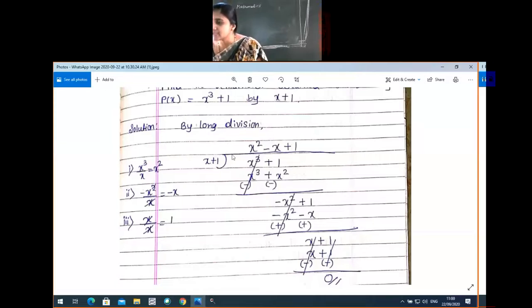Now again the same steps we have to continue. This x plus 1 into this minus x, the second term of the quotient. x into minus x is minus x square. Plus into minus is minus. 1 into x is 1x, that is x only. Again now you just observe here, minus x square, the same term. So again we have to change the sign, minus becomes plus. Here you can strike out this minus x square and plus x square, cancelled.